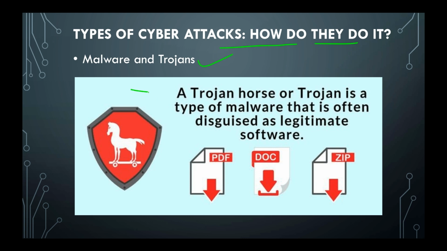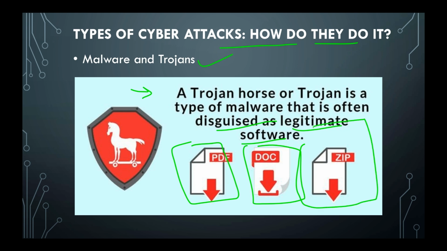So you can see a Trojan horse, or Trojan, is a type of malware that is often disguised as legitimate software. The malware is bundled with the legitimate software and it looks real, right? So SOC response: SOC can use anti-malware tools, regular scans, and the big one, user awareness training. Because honestly, most malware infections start with someone clicking on the wrong thing.